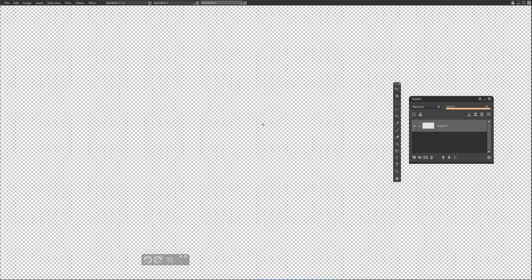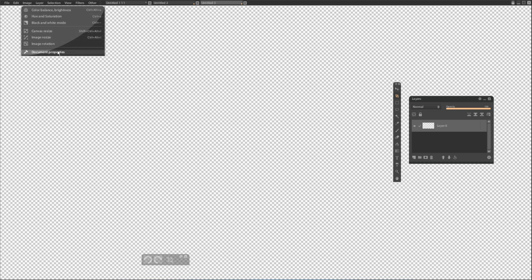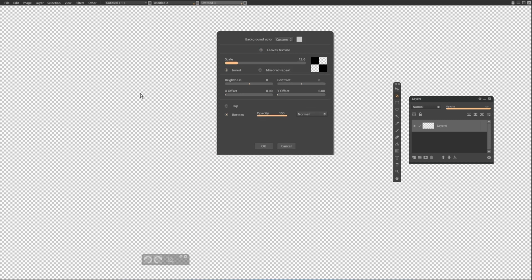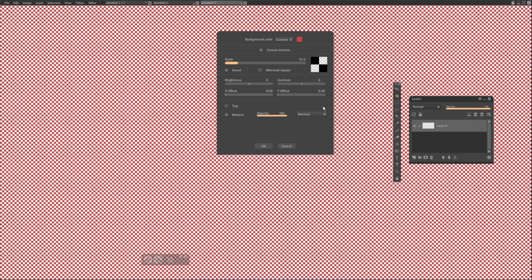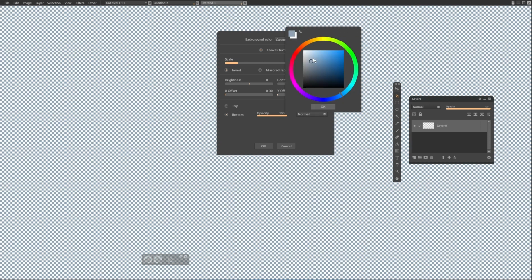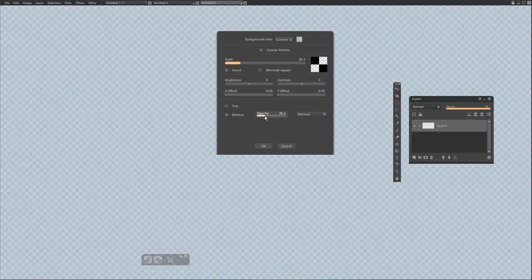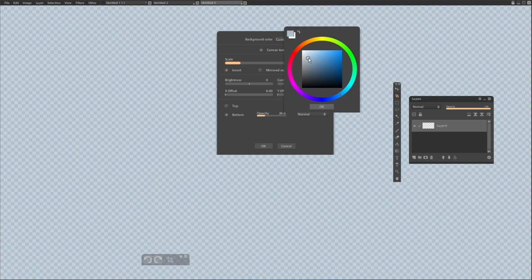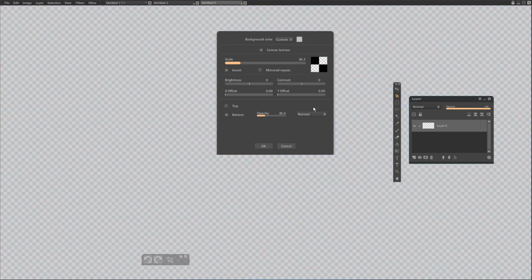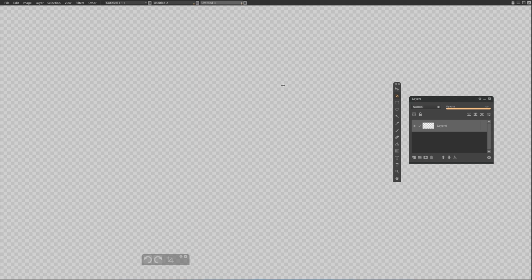Also, what's cool about this is that you can anytime change or adjust it in the document settings for each file. For example, changing the color of the checkerboard, size, general opacity or darkness. So in other words, it's totally flexible, so you can dynamically change it depending on the content you have.